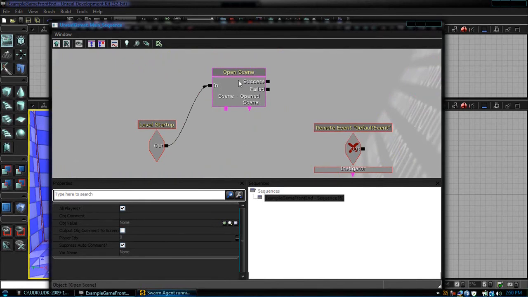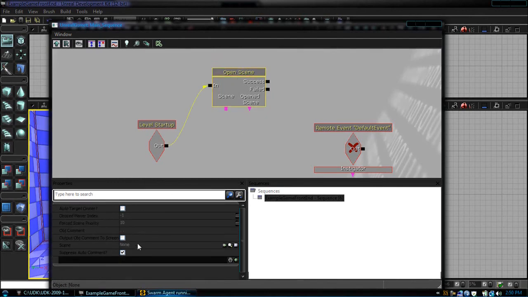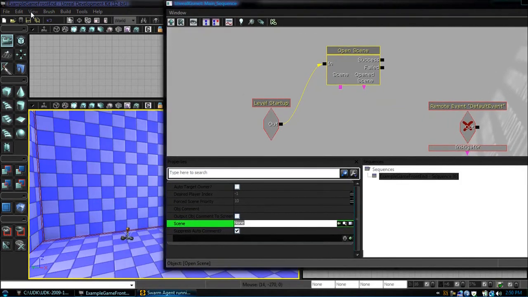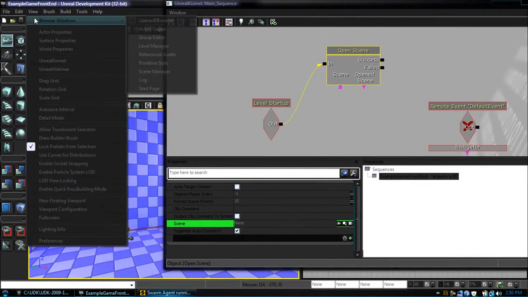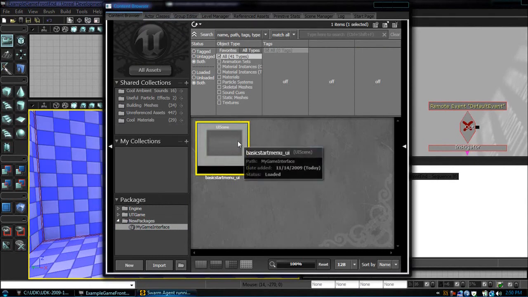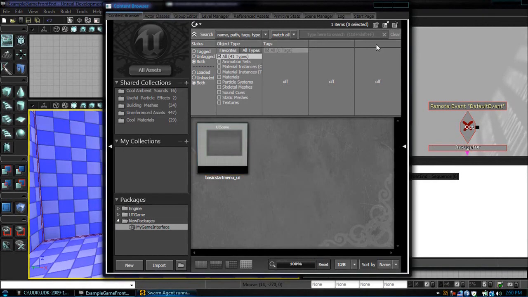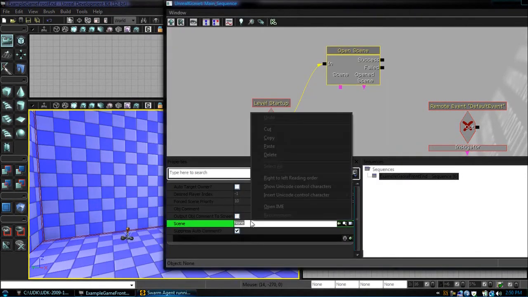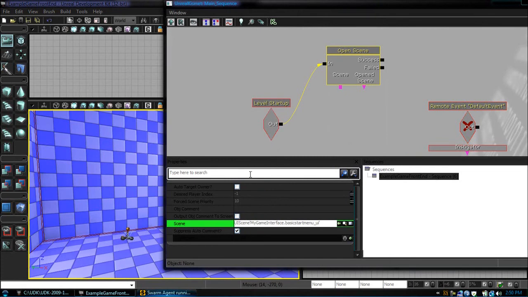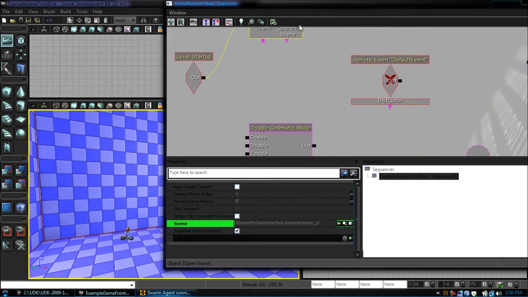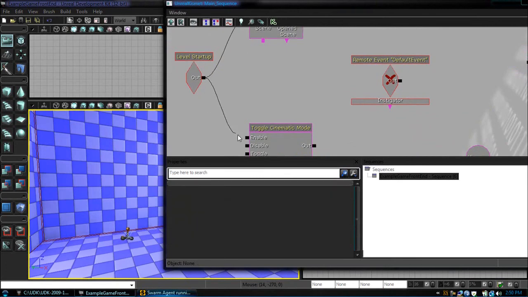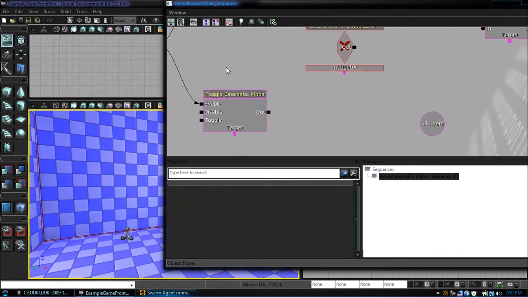Now what we're going to do is click open scene. Here we're going to put our new level, our new menu we just created. So in the editor, go to browser, Windows, content browser, right click the package and copy reference to clipboard. Close the content browser and paste that reference right here. Then it knows that's the scene we're going to open. Now we're going to, on level startup, drag out to enable. This will disable our movement to our player. Now